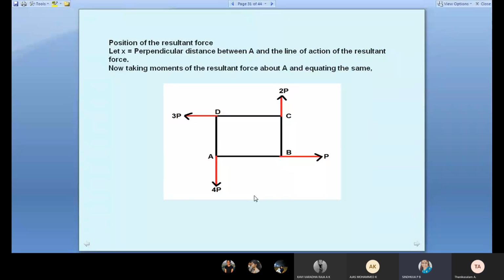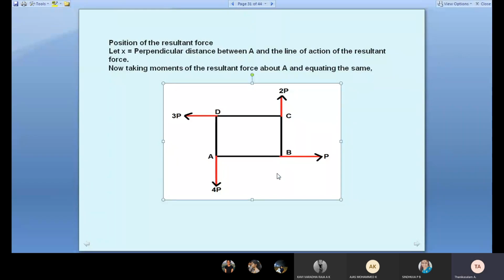So 3p, X, very good. Why 3p? It's perpendicular. Understand? Okay. Then P. P is acting towards A point, so it won't give moment. Then 2p, yes, 2p is perpendicular. You see the perpendicular. See the arrow mark, from B point itself we consider, it goes vertical from B. So perpendicular, 90 degrees I have not marked here, but it's perpendicular.